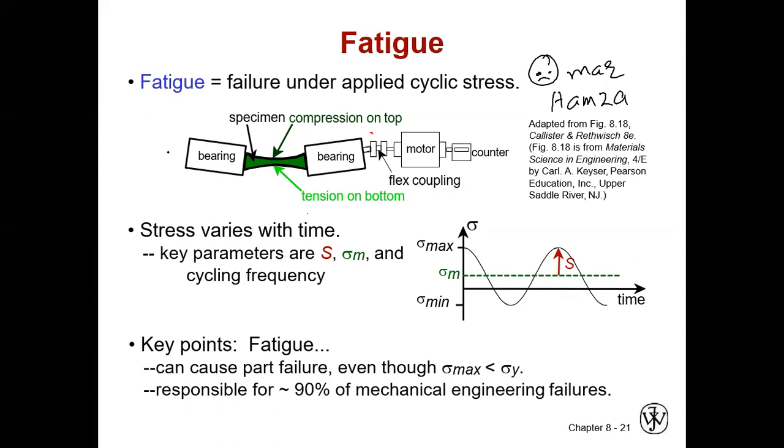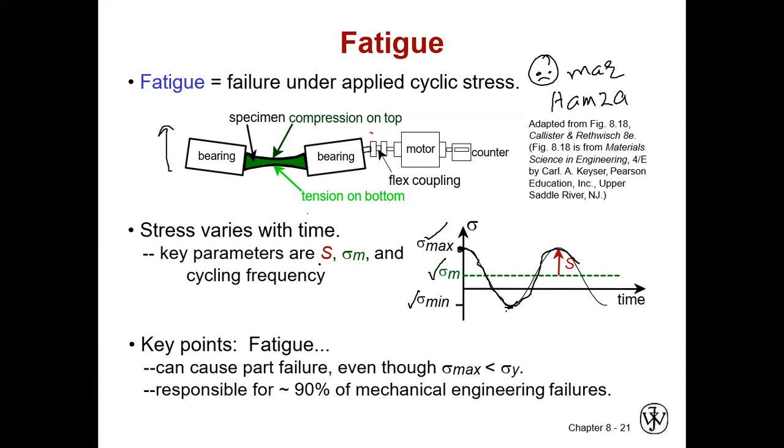Okay, so you understand fatigue. Fatigue is basically the stress which varies with time, right? So I can represent it with the help of a sine wave. In the start, the stress is very high, but it becomes low, and it becomes minimum here, and again it starts to increase. This is the maximum value, this is the minimum value of the stress, and this is the average value, right?